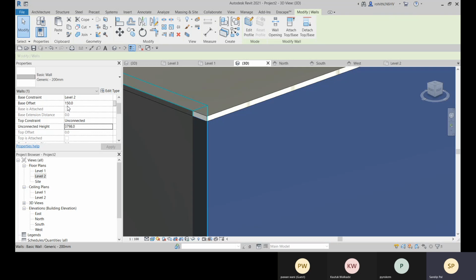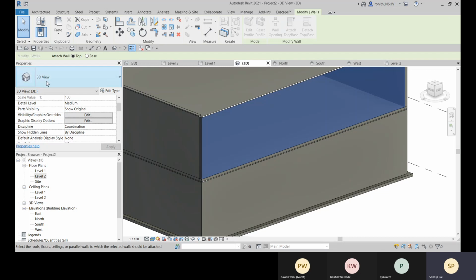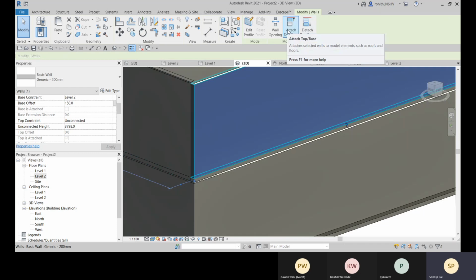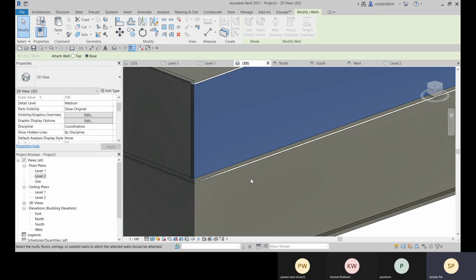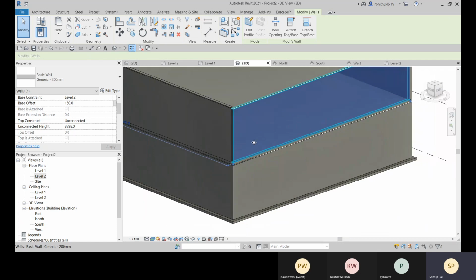Okay, so the base offset will be the same, and then go for attach top or base. Let's apply the top first, and that is connected. And now let's apply the base. Go for attach top or base. Go for base, and this will be the base. All right, so that is connected, and now you can see this is the height.